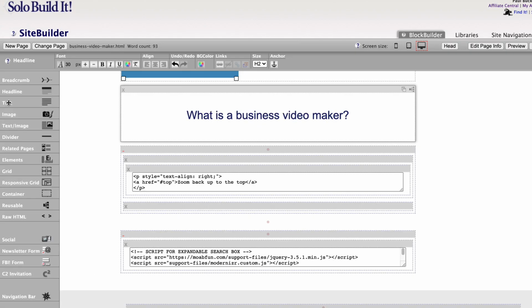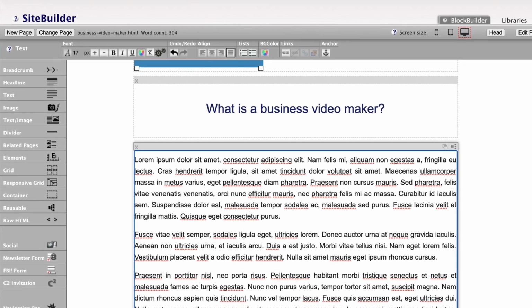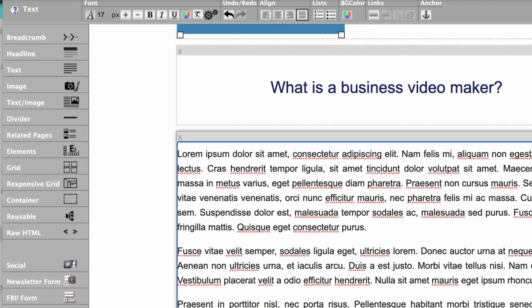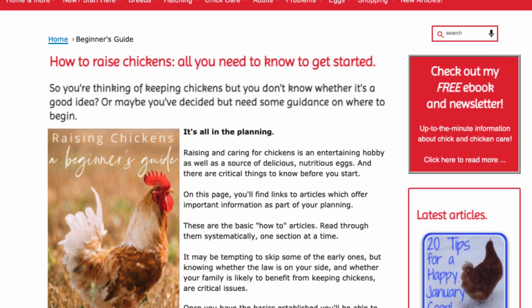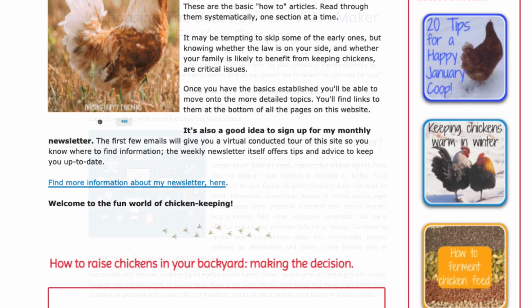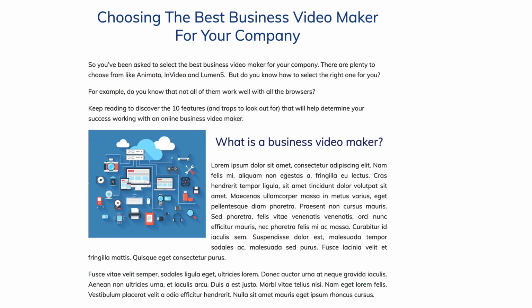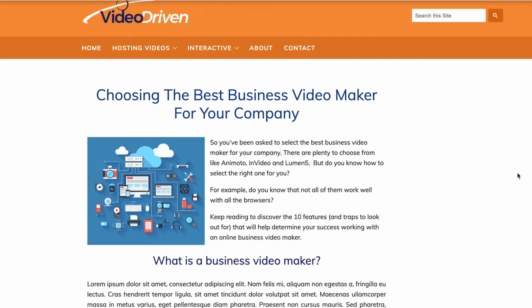Once you've added your subheadline, you can add more text. How? You guessed it, drag and drop. You can keep adding text and images and any number of features that support the purpose of your page. Here's just one example of the thousands and thousands that I could show you. Now, what are we going to do about the position of that image? I'm not really happy with it where it is. I'd prefer to see it at the top. How do we do that? Drag and drop. Simple.